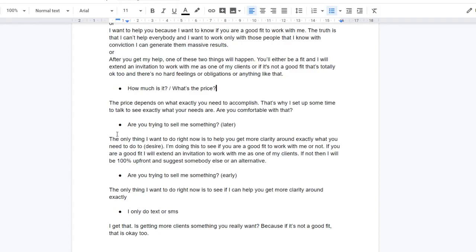It's like going to a restaurant, and before seeing the menu, before seeing what they have to offer, you just ask the waiter, what's the price? And the waiter will say, oh well, it depends on exactly what you need. Do you want pizza? Do you want sushi? Do you want only to drink something? Why are you asking about the price? You cannot give the price. You have to understand their needs. So you never tell the price.